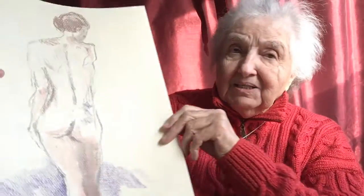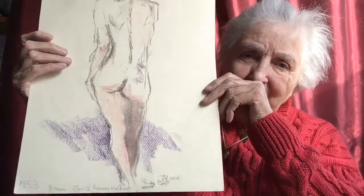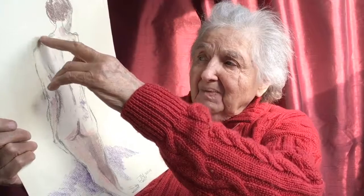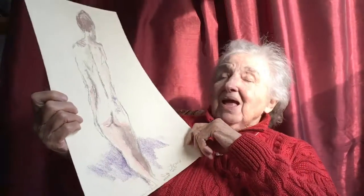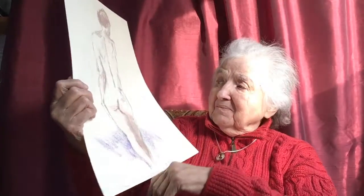January the 12th, 5-minute pose, pensive walking. I feel as if her pose is pensive and she's maybe walking or maybe thinking of walking. I'm not quite sure. I like the relaxed pose and the fingers. They need to have a bit more built up to have a 3-dimensional feel about a hand over there, but it was a very quick pose, 5 minutes,